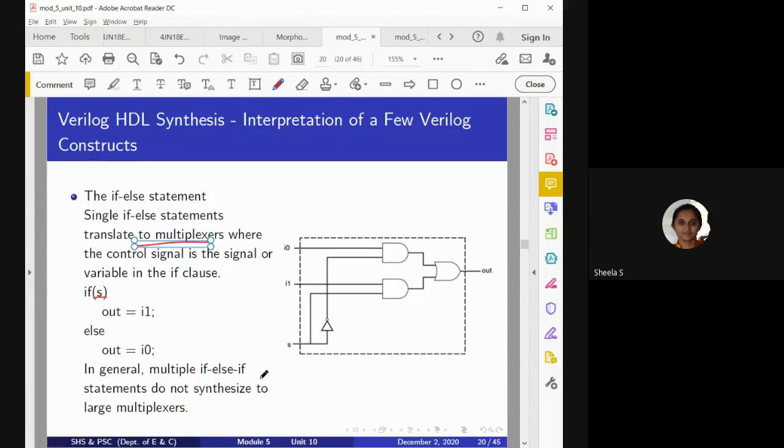And in general, multiple if else if statements do not synthesize. See, if there are more if else if statements, meaning if the number of nested levels in the if statement increases, then it cannot be synthesized, and it is going to show an error. If a large number of nested if statements are there, then it is difficult to synthesize and it will show an error. Only if a small number of nested if statements are used, then we can get a proper circuit